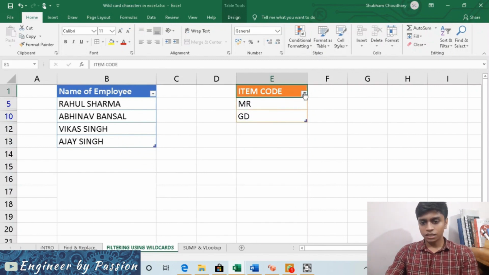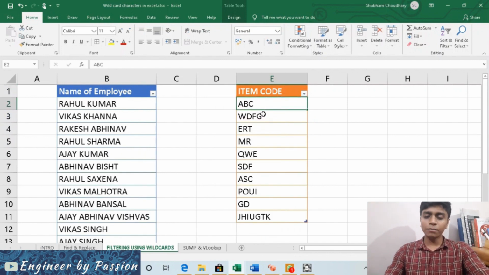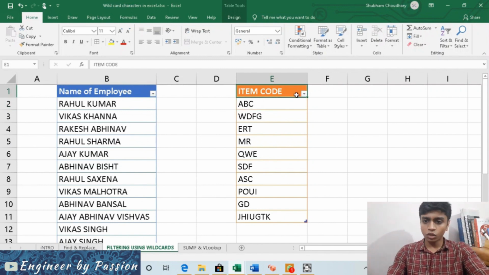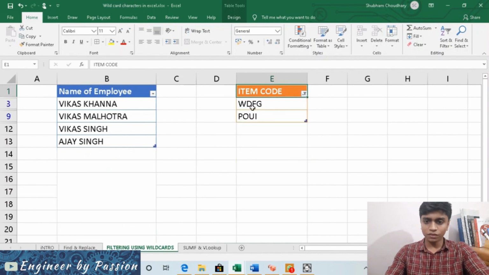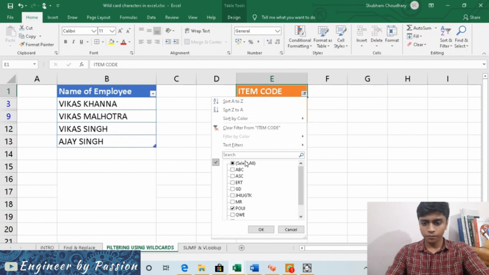This is how a question mark helps us in replacing any single character. In case we wanted to find 4 character long codes, we could have written 4 question marks like this, and it would have given our required result. I hope you got this, friends.